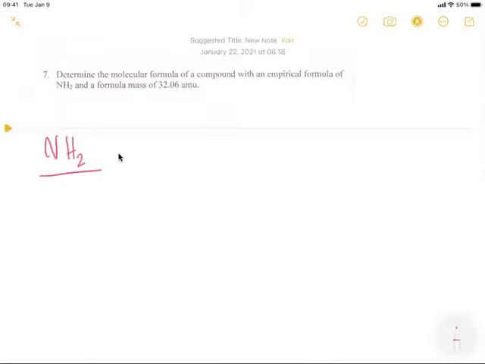And they tell you that it has a formula mass of 32.06 AMU. So there is a direct proportion between the molecular formula and empirical formula, and it's always, of course, a small whole number ratio. So the first thing you want to do is find out the empirical mass. You're going to find out the molar mass in grams per mole